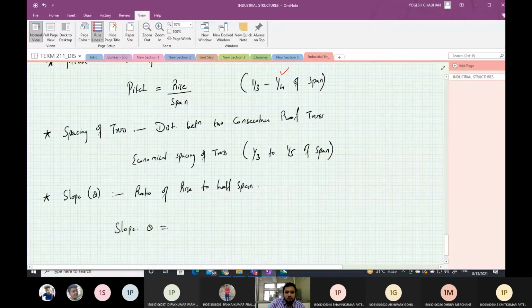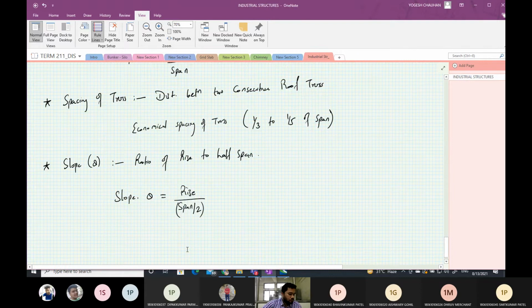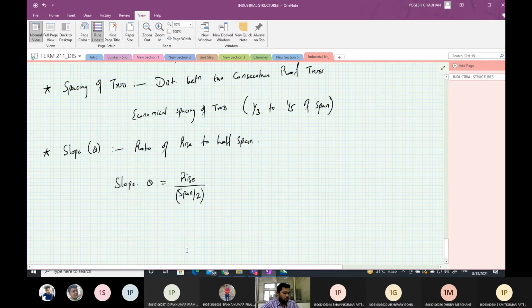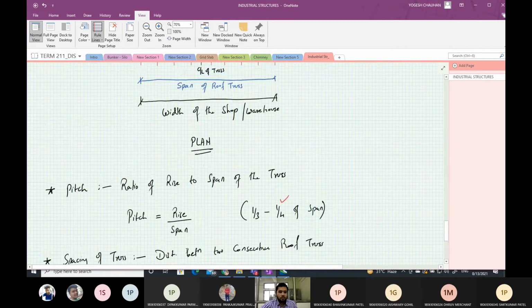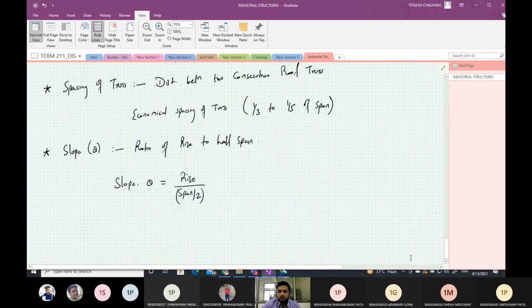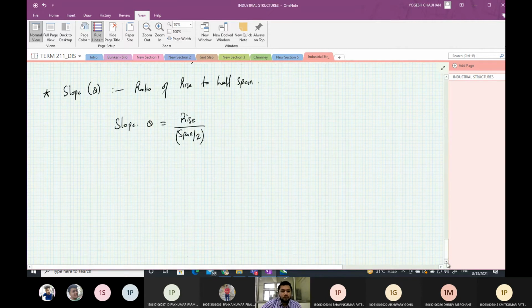So theta is equal to rise divided by span by 2. Okay, so with this, we'll now see the various loads on the roof truss.